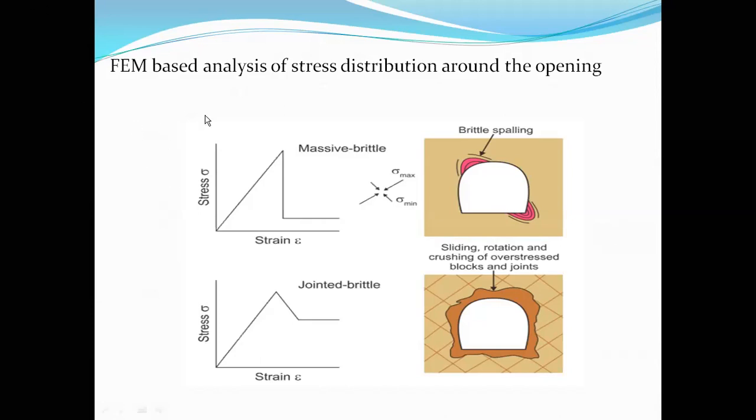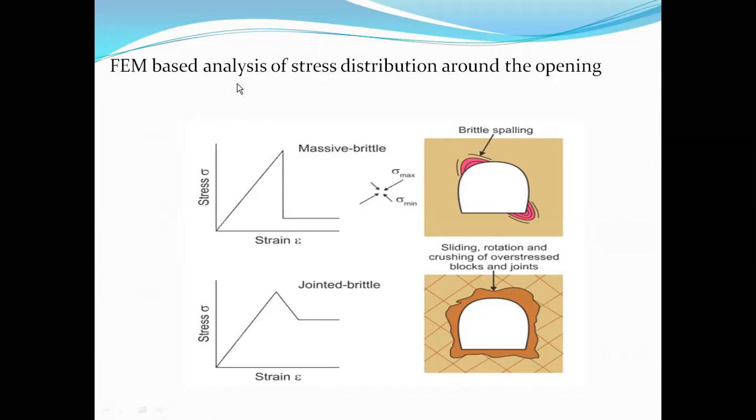Okay, in this method there are many finite element method based software packages being used in the industry. The input parameters are the depth of the seam, inclination of the seam, thickness of the deposit, dimensions of the pillar, and the geomechanical properties of the rock mass and overlying strata. Also the rate at which we will be extracting the mineral deposit, and physical mechanical properties such as compressive strength, tensile strength, shear strength, and Poisson's ratio.